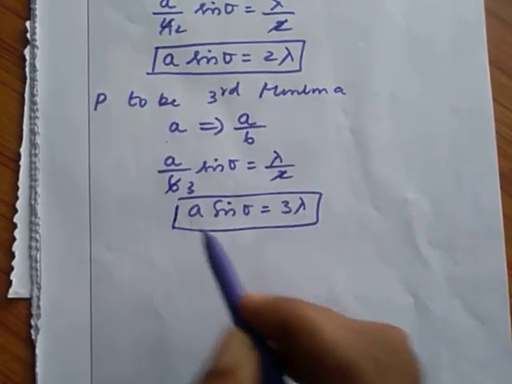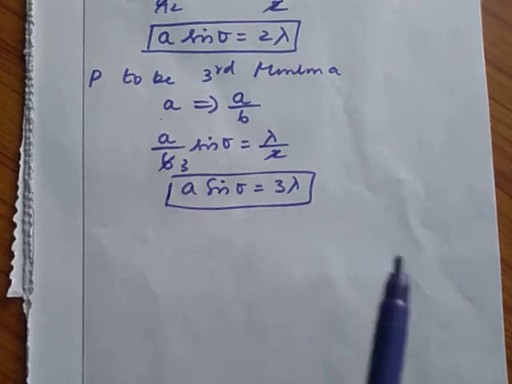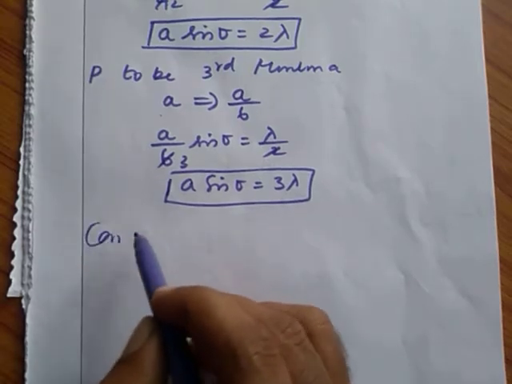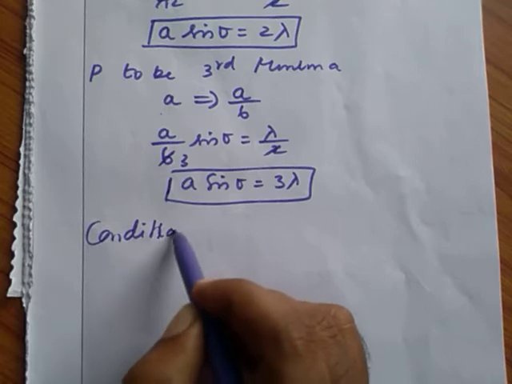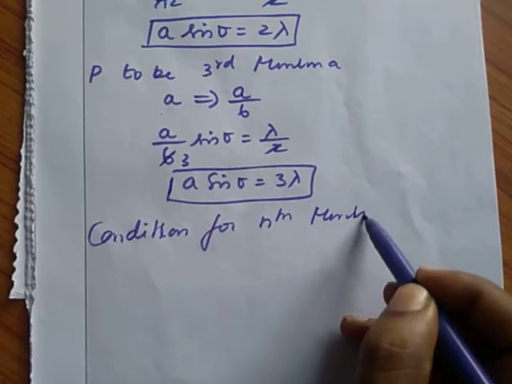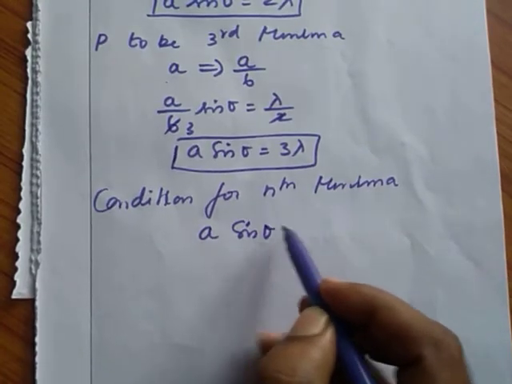In general, we can write the condition for the nth minima, that is a sin theta is equal to